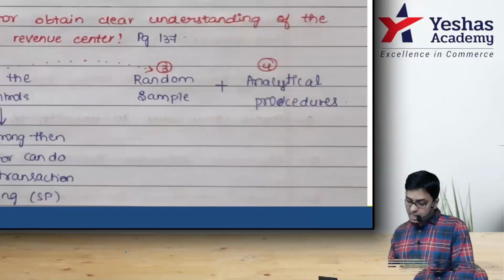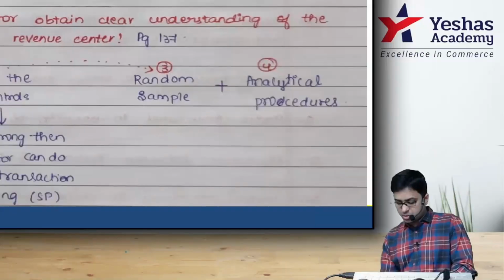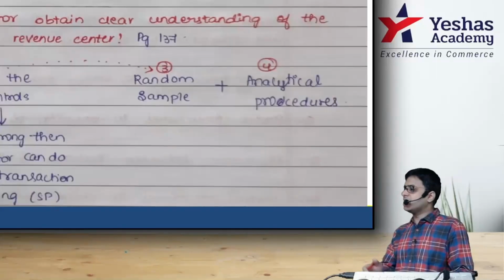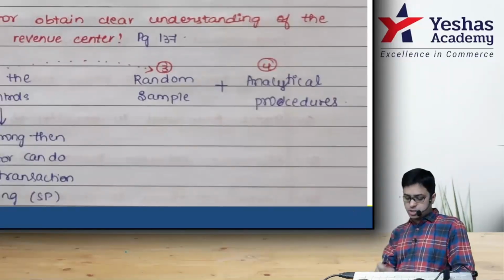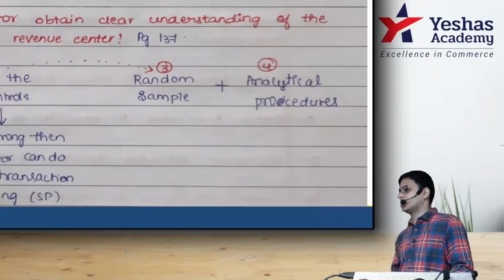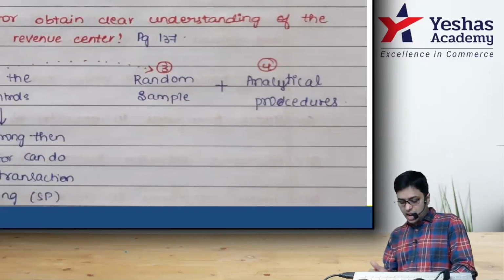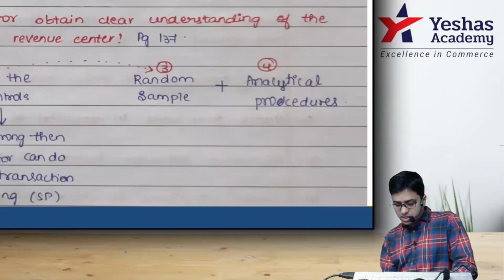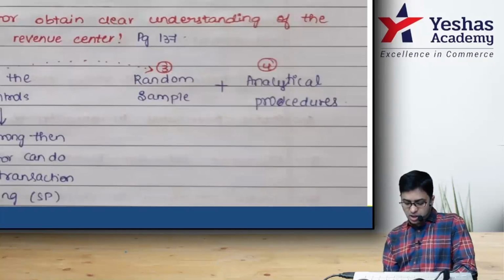Substantive procedures will consist of sales trend analysis. This you can write in that normal sales point also. Wherever you're writing sales, these points are so common. Write in the normal sales answer. If you're writing some point regarding sales in the examination, you always write sales trend analysis, comparison with the previous accounting period, category wise sales analysis, any analysis the auditor may find relevant.